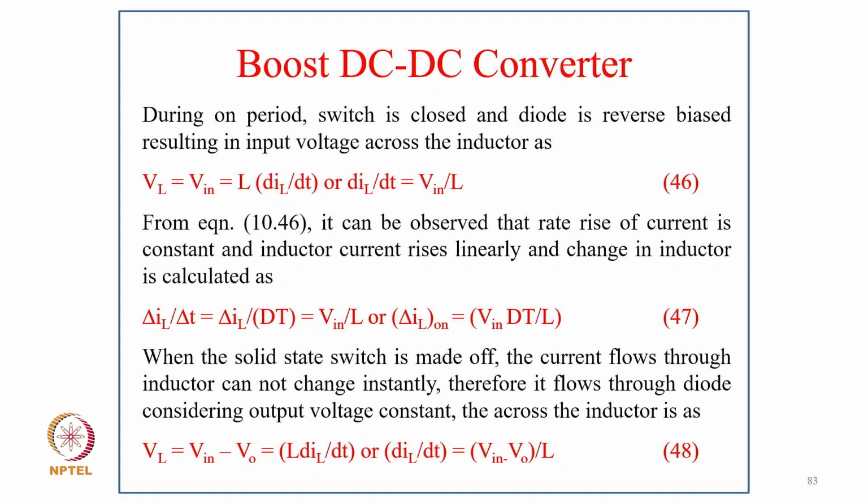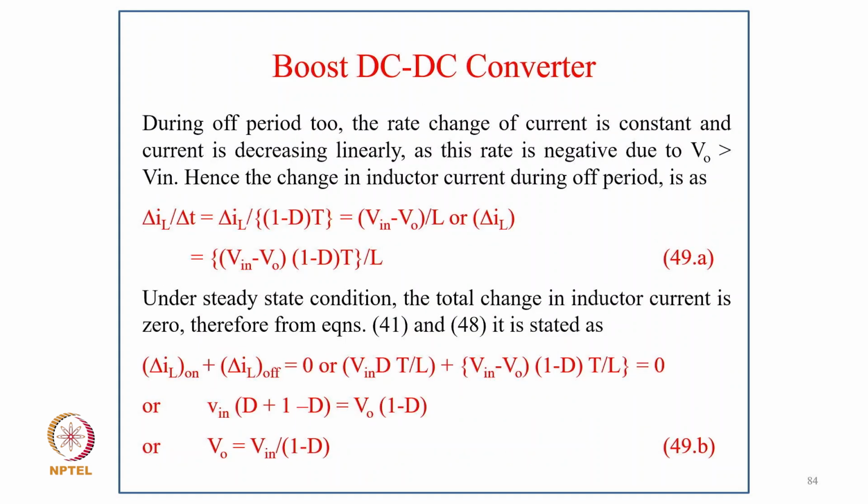So when the solid state switch is made off, the current flows through the inductor and cannot change instantaneously. Therefore, it flows through the diode, considering the output voltage constant, and the voltage across the inductor is VL equal to Vin minus VO, or equal to L di upon dt, or dIL upon dt equal to (Vin minus VO) by L. So during the off period, the rate of change of current is constant and the current is decreasing linearly. As this rate is negative due to VO greater than Vin, hence the change in inductor current during off